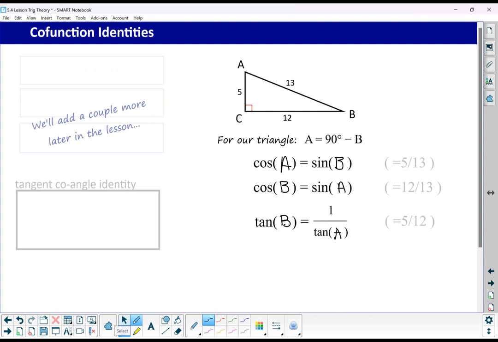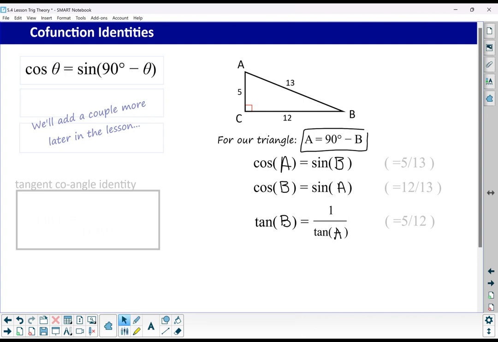So if we combine those equations that we wrote with the idea that A is equal to 90 minus B, what we end up with is this formula. The cosine of theta is equal to the sine of 90 minus theta. That is exactly equivalent to this equation right here. The cosine of B is equal to the sine of 90 minus B, which is A. So that's called a cofunction identity. So the cosine of theta is equal to the sine of 90 minus theta. And then the tangent cofunction identity would be that the tangent of theta is equal to 1 divided by the tangent of